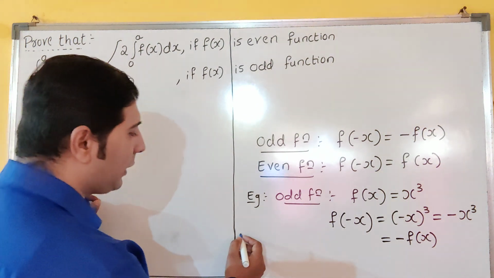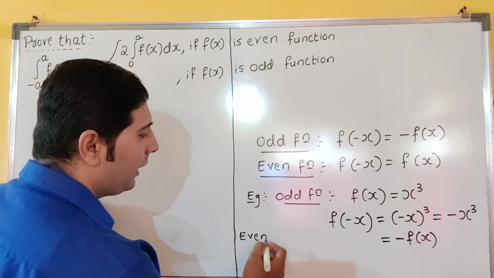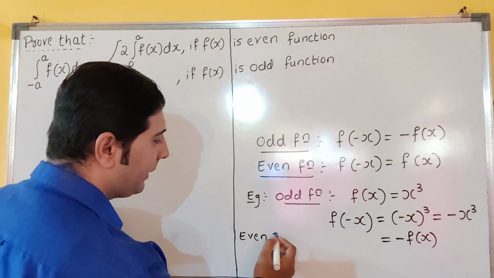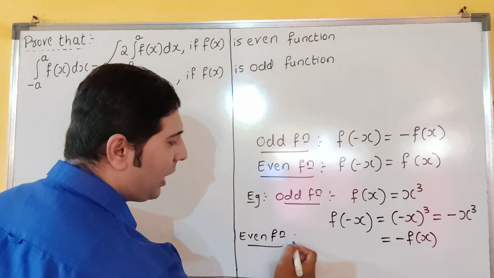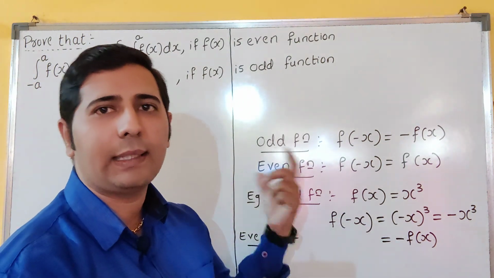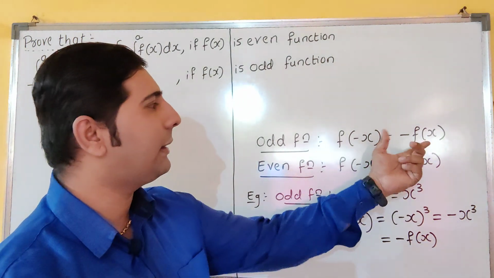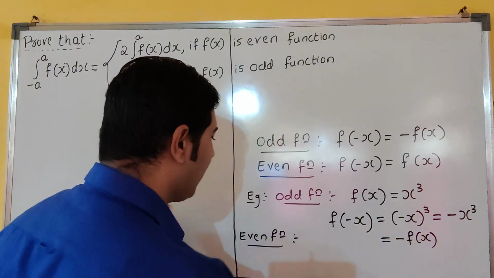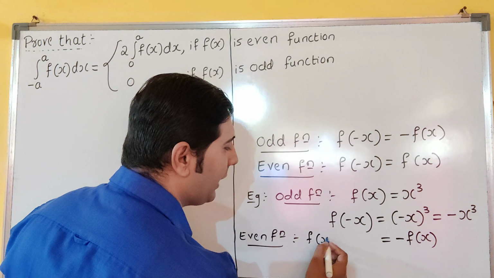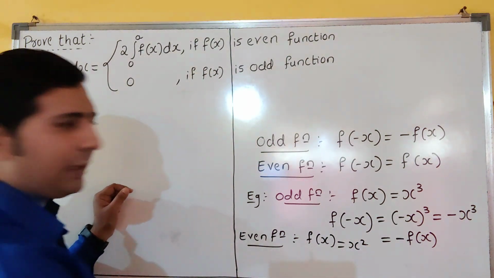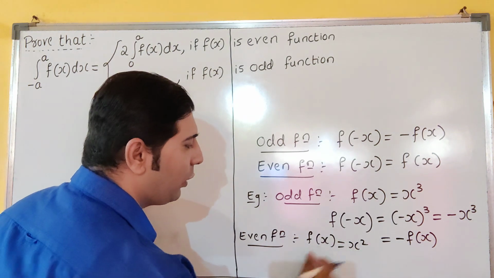So even function also I will explain. Even function is what? f of minus x must and should give f of x. So this is not actually the property, I am just explaining before starting that property. If I write like this, you have to understand this is the odd function and this is the even function. The example for this: f of x is equal to x square.